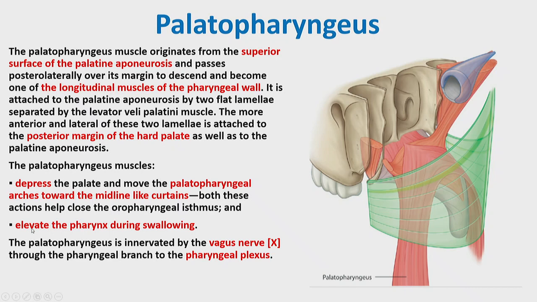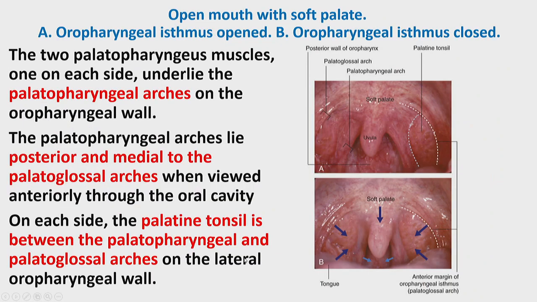but it has an action for the pharynx because it's a muscle of the pharynx as well, and this is elevating the pharynx upward as well. The innervation is the pharyngeal plexus, cranial nerves 9 and 10, that we said, and here is a very nice example of how it's working. This is the isthmus of Faucium. This is the connection of the oral cavity with the oropharynx, and the action of the palatoglossus